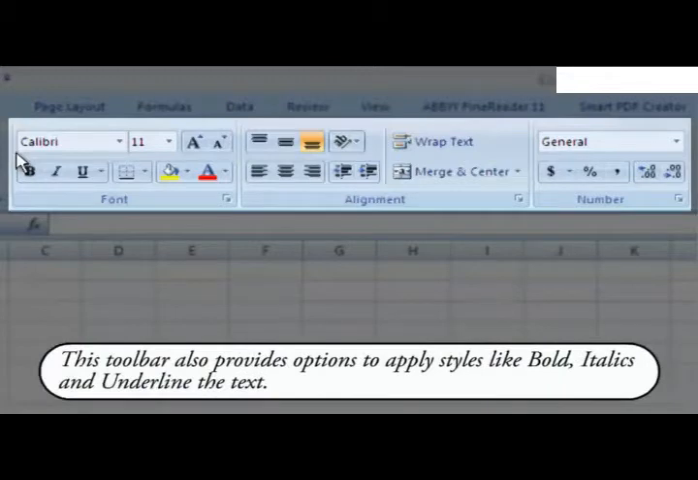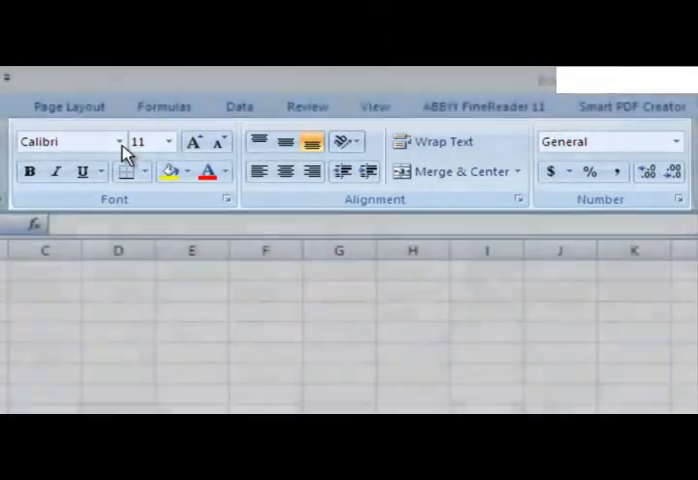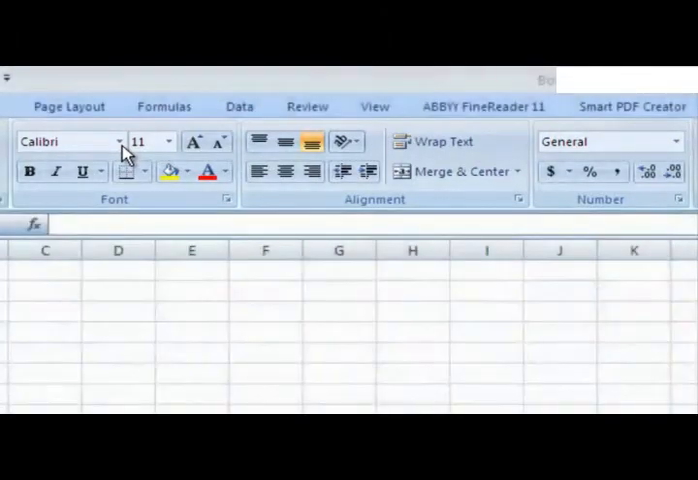This toolbar also provides options to apply styles like bold, italics, and underline the text. The toolbar also contains various buttons for these formatting options. The various options available on the formatting toolbar are